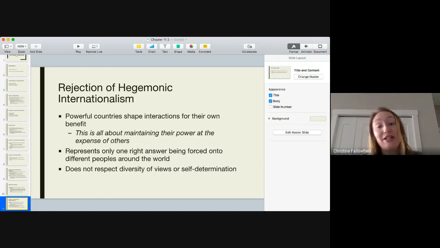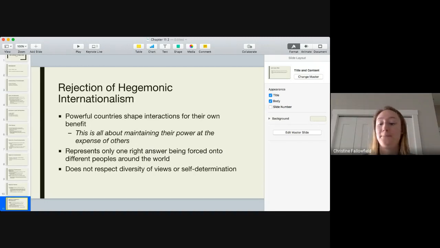We see that this does not respect diversity of view or self-determination. As we learned in Social 10, with the ability of the British and other colonial and imperial powers, they eroded a lot of culture, and they took a lot away from people who were already finding ways to meet their own needs successfully. It forces one singular view onto the world, and just because it's effective does not mean it's the only way of doing things. And this removes the idea of diversity and the idea of self-determination, which you touched on in the other unit, and the ability for states to make choices for their benefit, specifically in the areas of social and cultural norms.